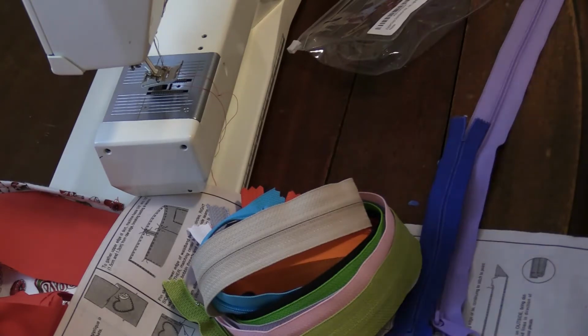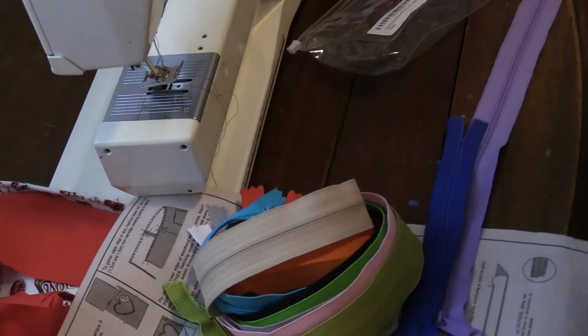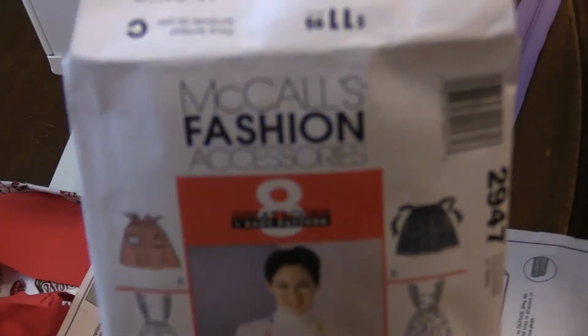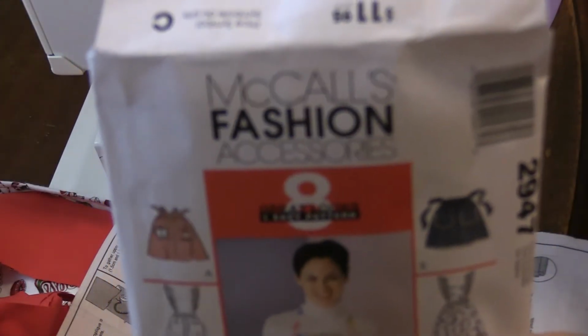Yesterday, when I left off, we were working on the bib portion of the apron that I need to finish. This is Friday. This apron needs to be finished up by today. So it is the McCall's Fashion Accessories number 2947, and we are creating the view